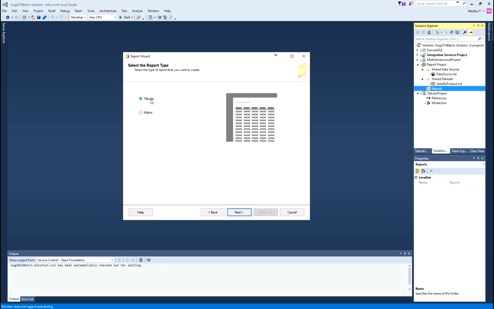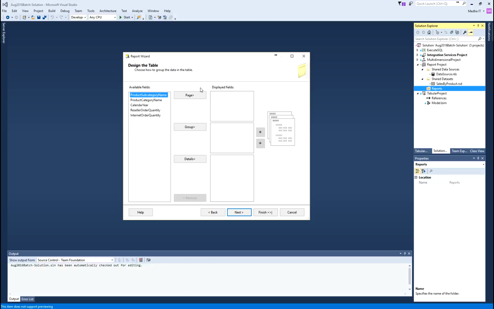So we pick the tabular and we see page. Page is the column we want to use to separate the report into pages. If we don't provide the page here, that means you don't want to separate the report by page, so all the report content will be shown in one page.